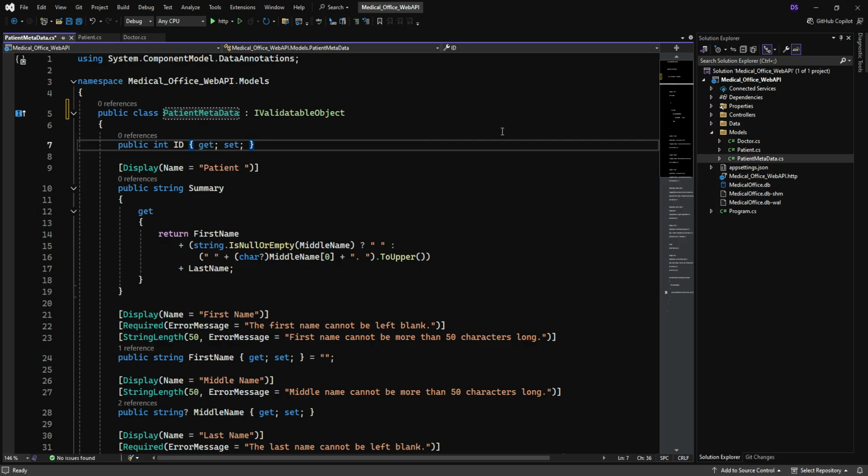Okay. So now I have a copy of patient. It's identical, except I've changed the name to metadata. The purpose of a metadata class is, well, as the name implies, to supply the metadata, basically the annotations, right? And this is a good thing because it helps us with our don't repeat yourself, that DRY principle, because if